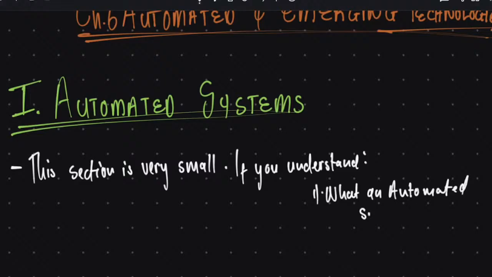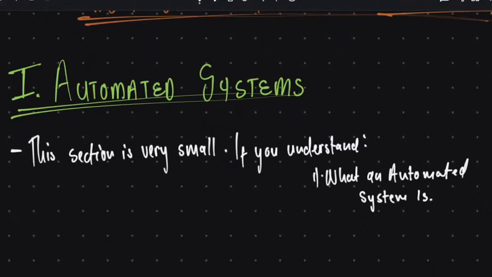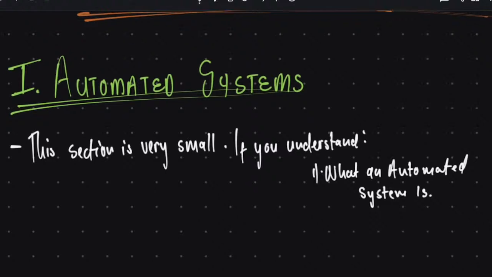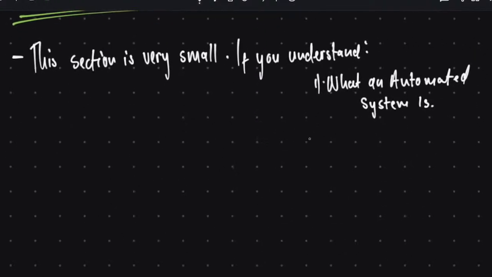Why am I giving you things to write? Because now you can be able to answer. If I just give you things to know without you having anything down, then how will I give you things that you can carry forward? So what an automated system is, two,